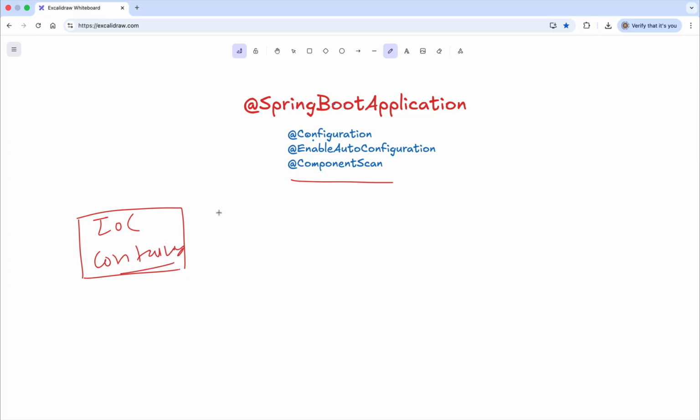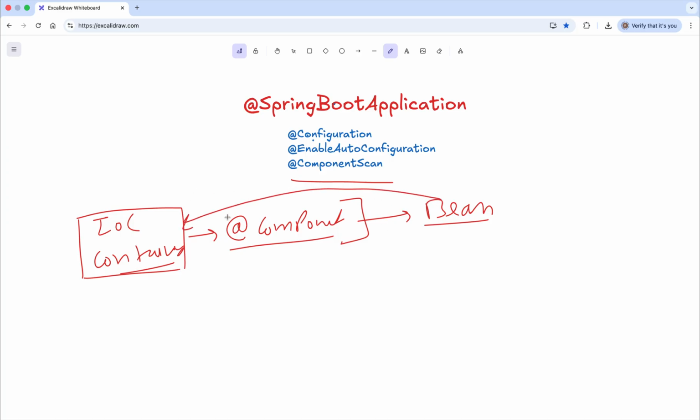Okay, in this particular IOC container, whenever any class has the @Component annotation, that bean will be registered, right? We just talked about it. So this bean we will put into our IOC container. So what happens is that this particular @ComponentScan annotation is used to enable